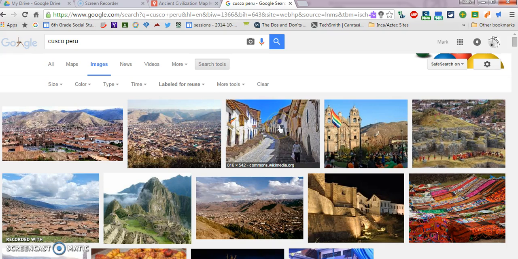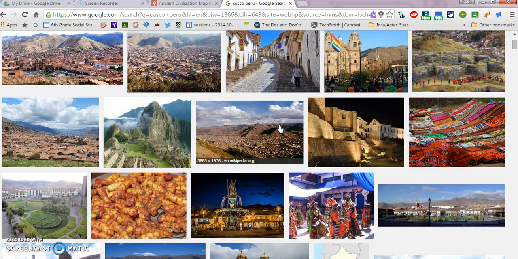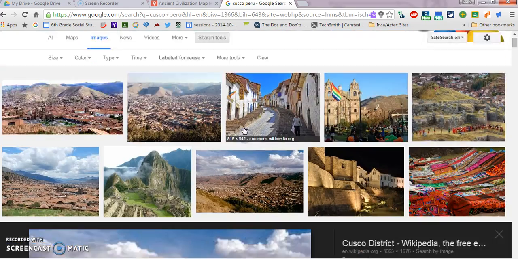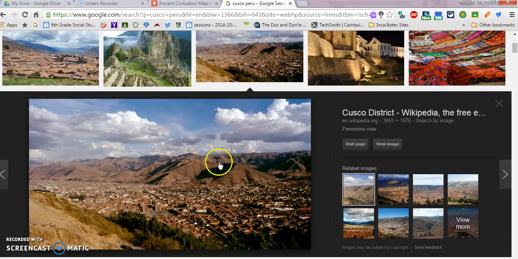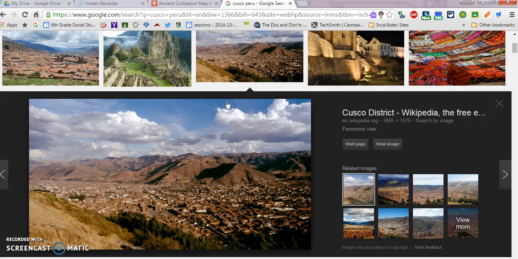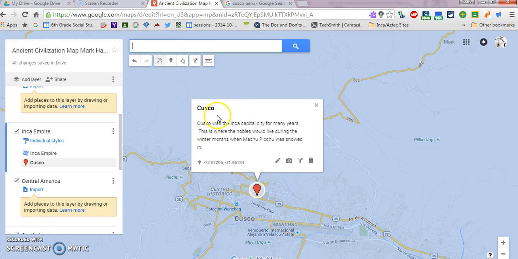And this is some nice pictures of Cusco. Let me make sure. So when you click on it, make sure over here it says Cusco. So if this is the image you want, right click, copy image address, okay, and you come back to your map